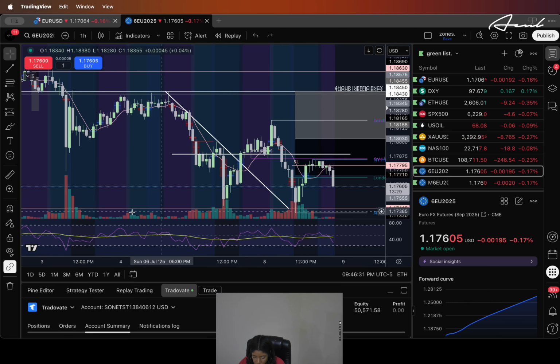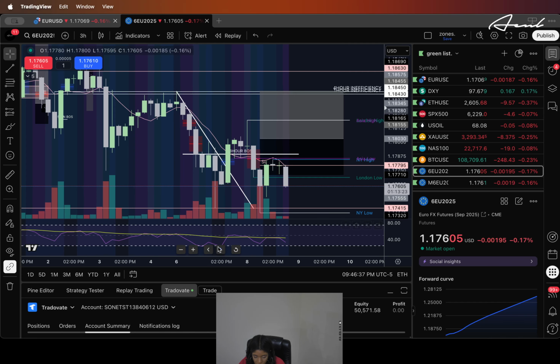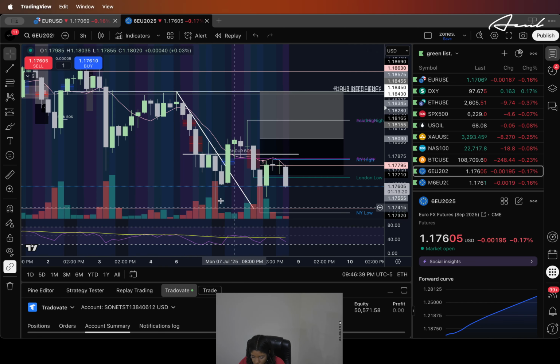Let me explain the trading strategy that I have. Basically, what I'm looking for is a break of structure and then a return to structure, and that is where I'm ultimately trying to get an entry, in combination with the price being oversold. Price was oversold at this point, as you can see at this 25 mark, which is the RSI over the 7-day period.